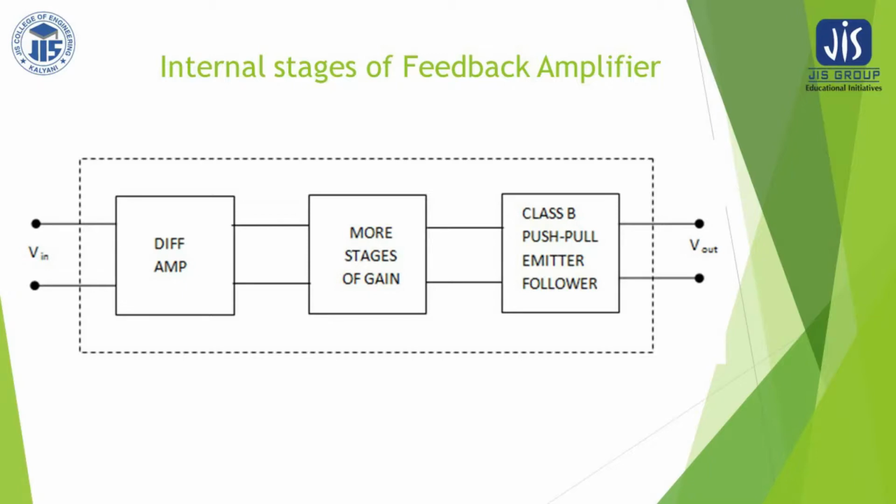So why is it shunt? Because whatever is the potential across these two lines, that will be equal to the potential of these two points. So potential equality is known as shunt connection, and series means the total current will flow through this network. So therefore it is the series connection.